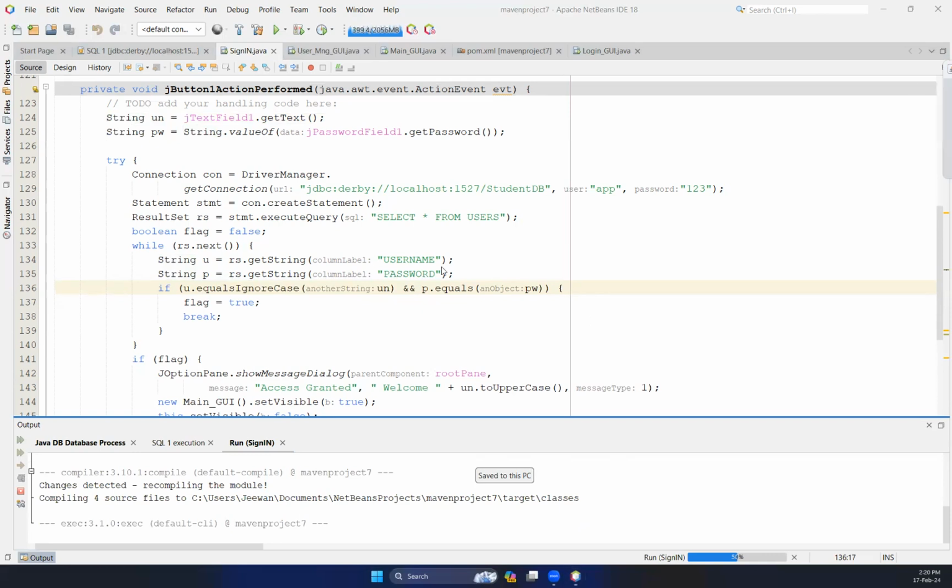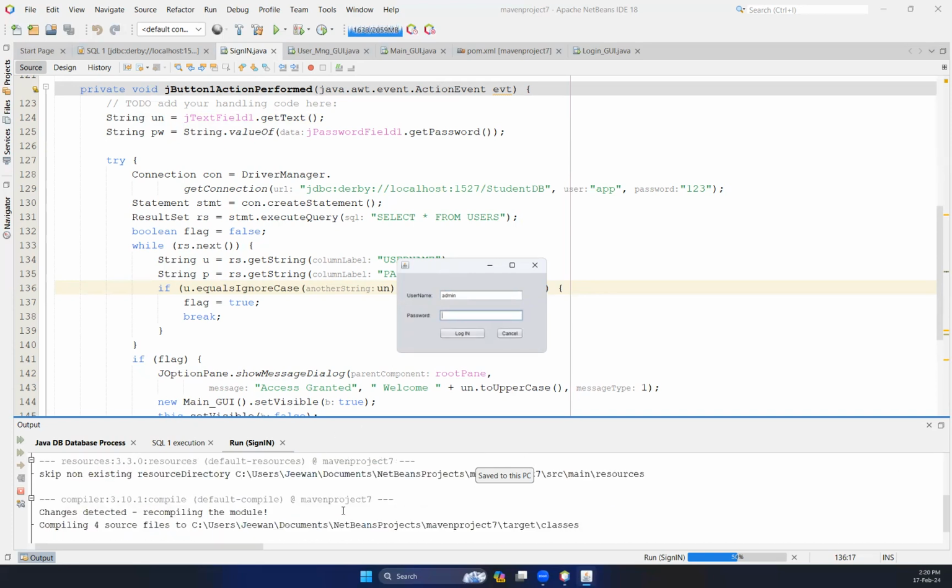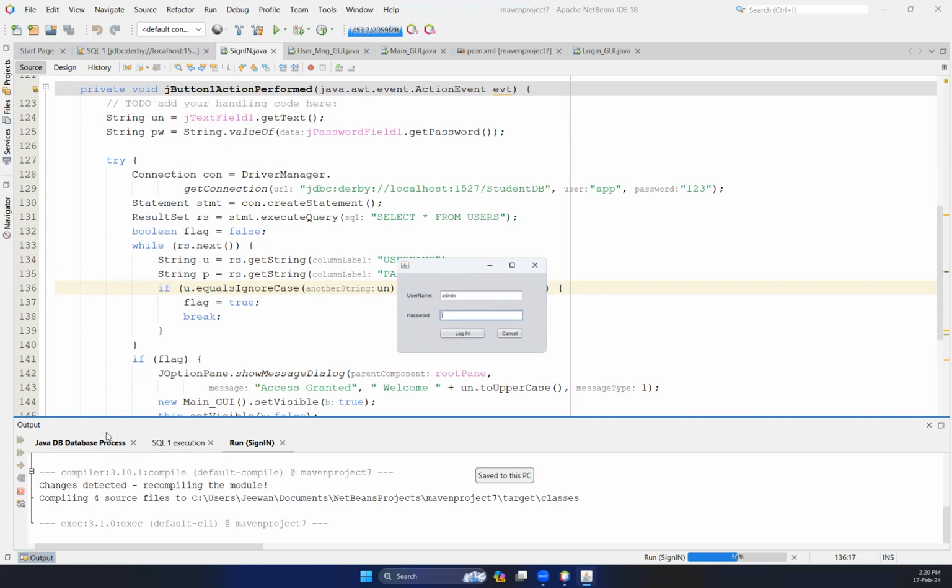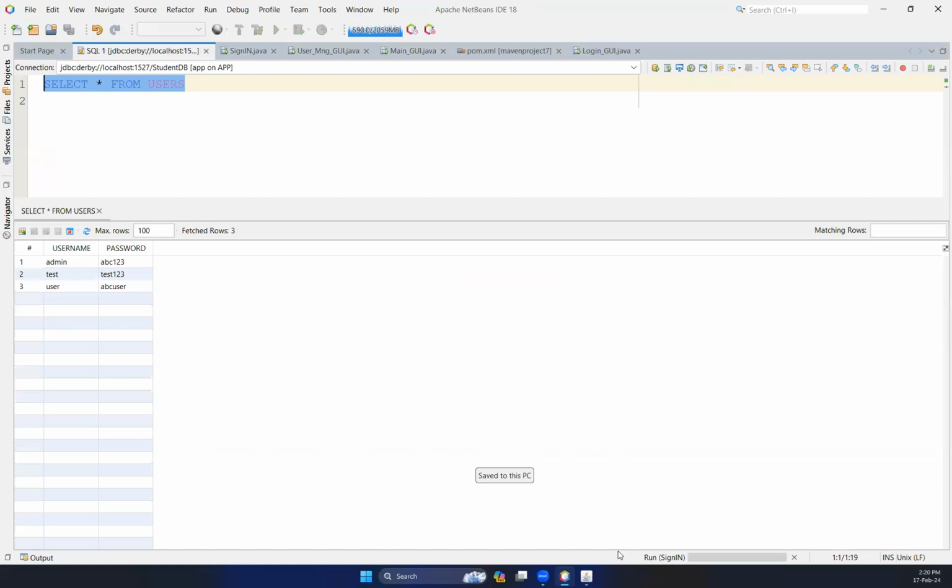By now, when the user types admin, you can't remember the password which I have typed. Can anyone remember the password which we entered for the admin? Admin name is 123. Okay, wrong password. ABC456. Login, it says invalid username or password. ABC123. Access granted, and then it displays